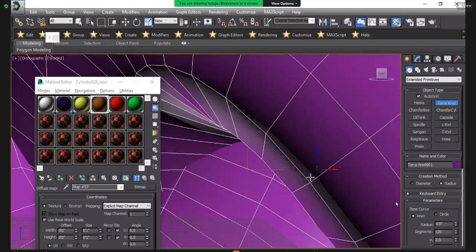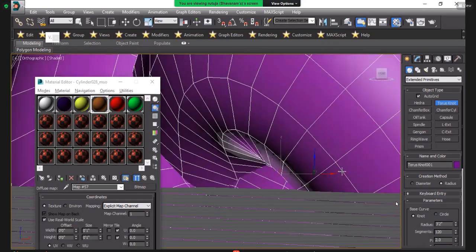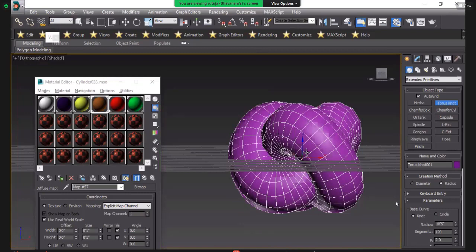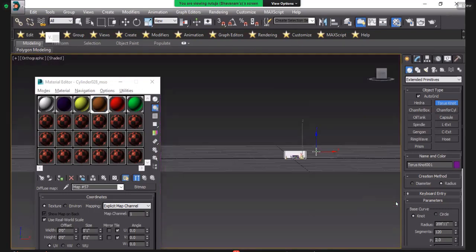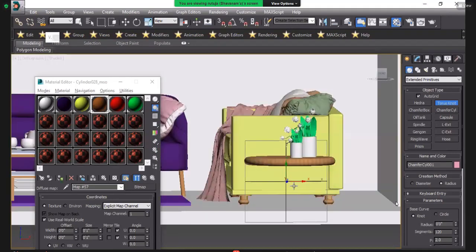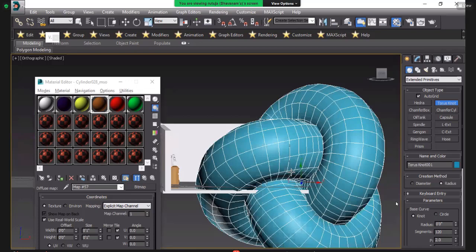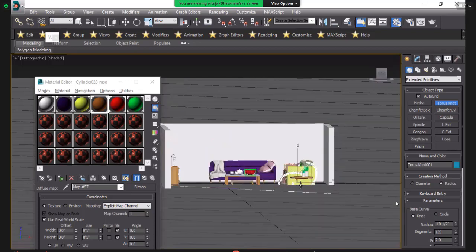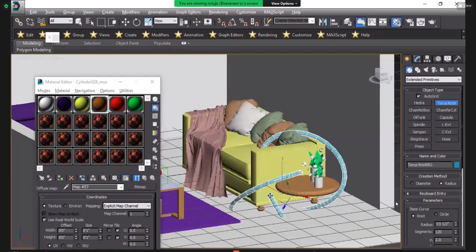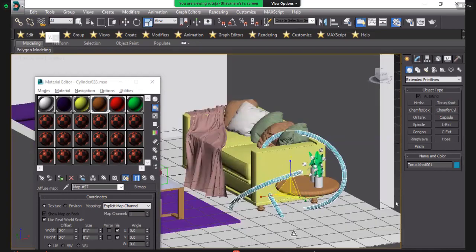If you can see there, this is the knot. You can make it like this and change the scale of this knot. Just change the scale and place it here.